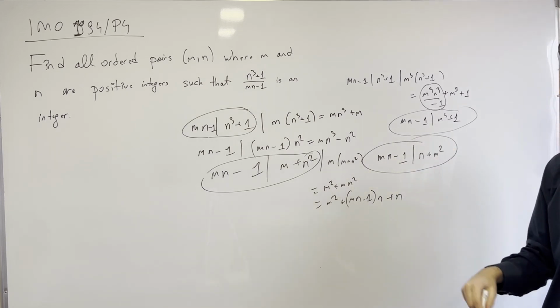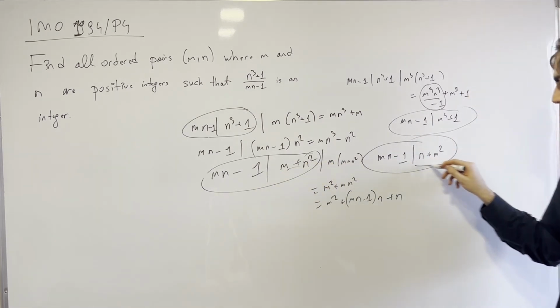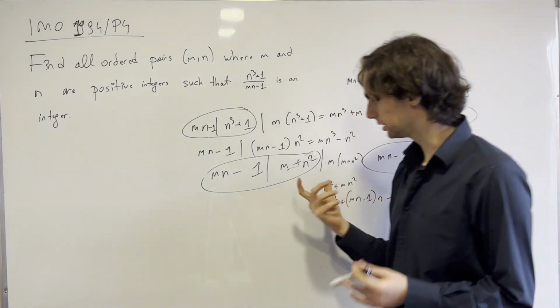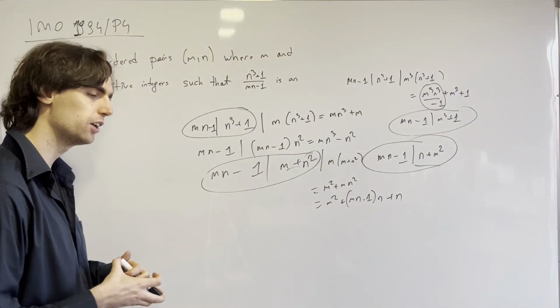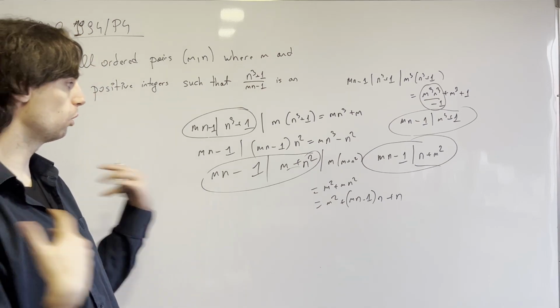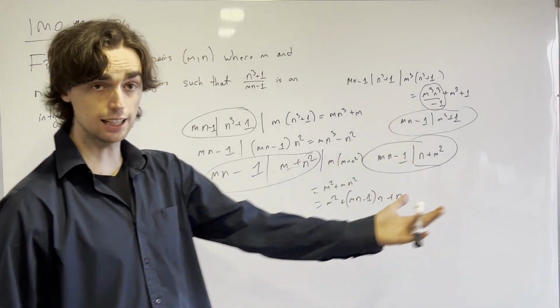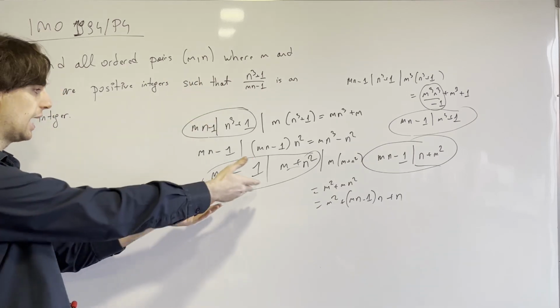So if mn minus 1 divides this, and it divides this, this is now symmetric in m and n. What do I do here? I invite you to pause for another 10 minutes and try to push the problem further. And the answer is, well, I have,